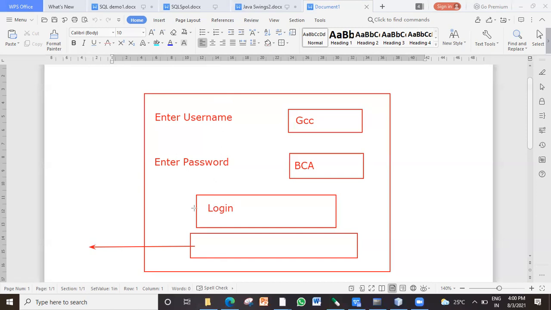And then this is a button. Once the user enters the username as GCC and password as BCA and clicks on login, only then this label should display login successful, else it should say login unsuccessful. Clear? So this is a homework for you people.